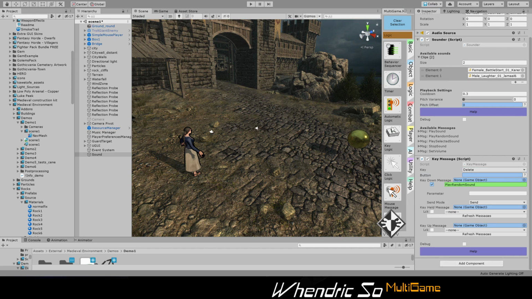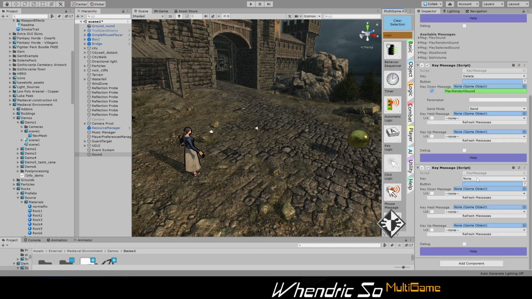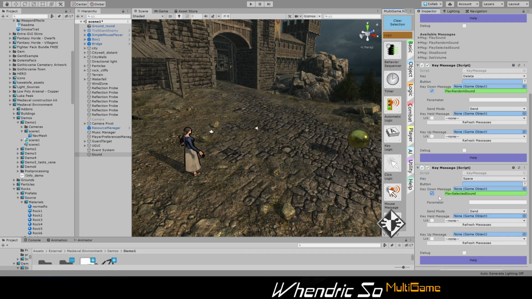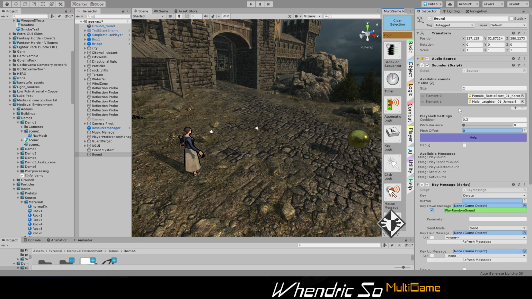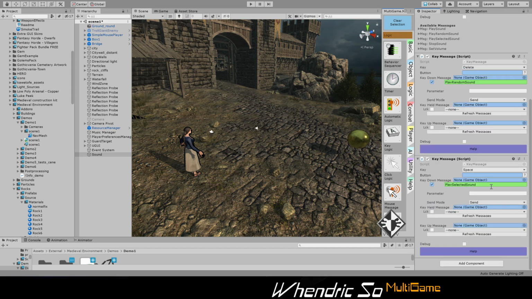Alternatively, I could say whenever we push, let's do, maybe not tab, let's do space, then we'll play a specific sound. And to do this, we select play selected sound, lock it, and now we need to check. See, it takes an integer parameter, which is indicative of the sound we wish to play. So in this case, let's play the laughter sound, which is element 1 here. So I'll just put in play selected sound, parameter is 1,